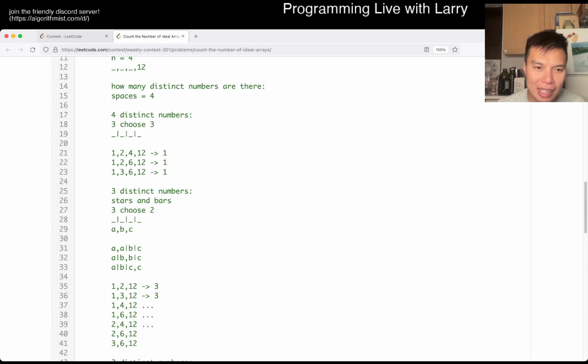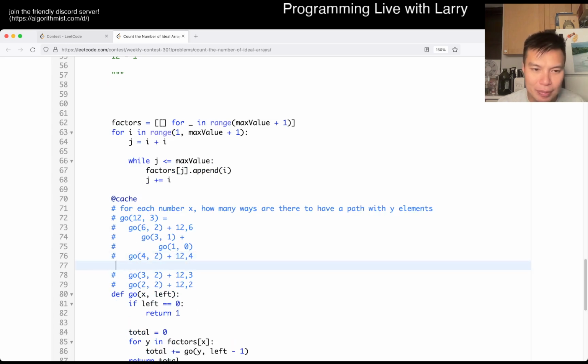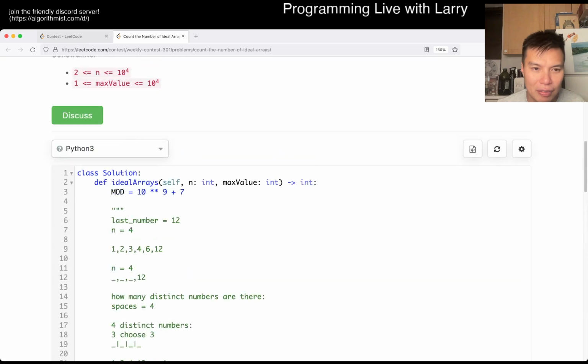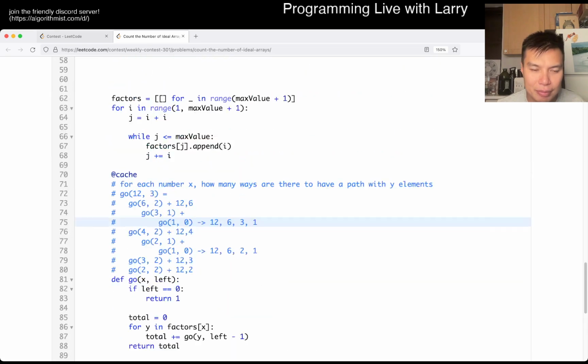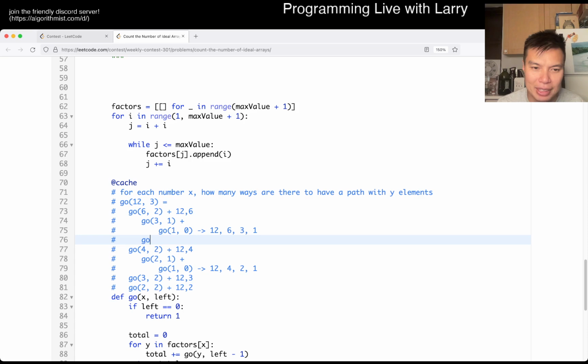So this is almost like us doing brute force. And then here, for example, we will have go of 2, 1 plus go of 1, 0. And this is, of course, just 12, 6, 2, 1, right? This is 12, 6, 3, 1. I think I'm missing 1 number. 4, 2, yeah. No, this is this one. Oops, I wrote 6 here. That's why I got confused. But yeah, and then here, of course, there's also another one, which is the one that I missed, plus